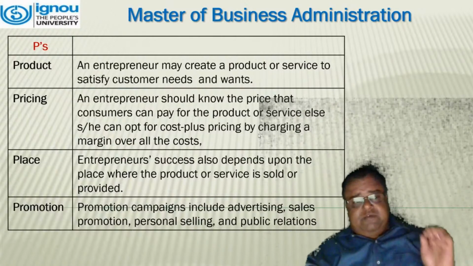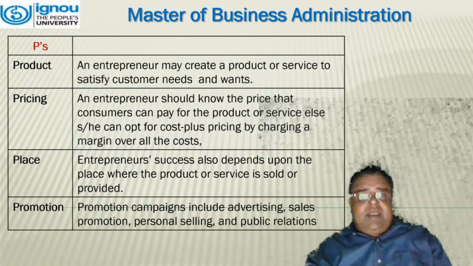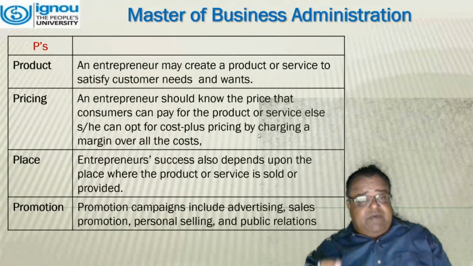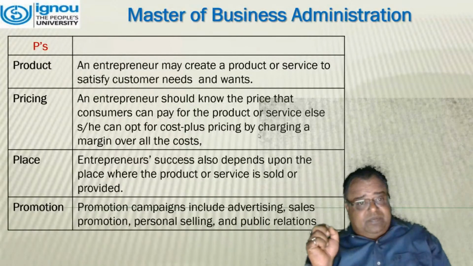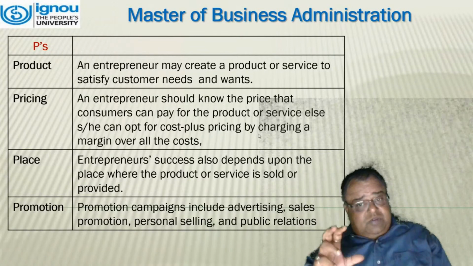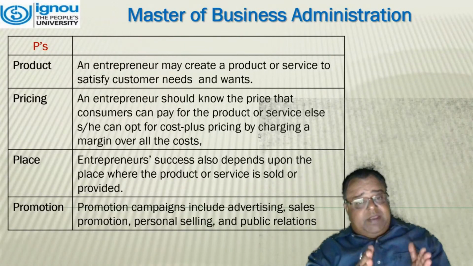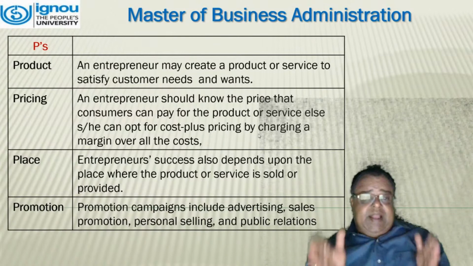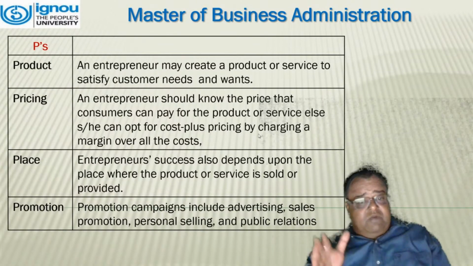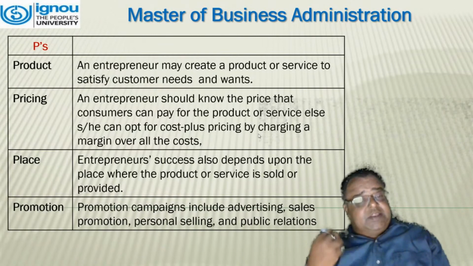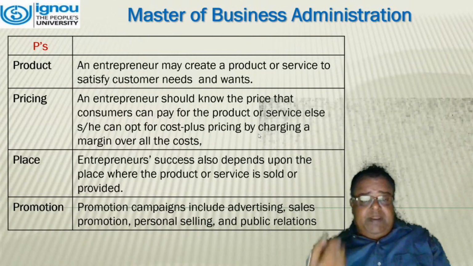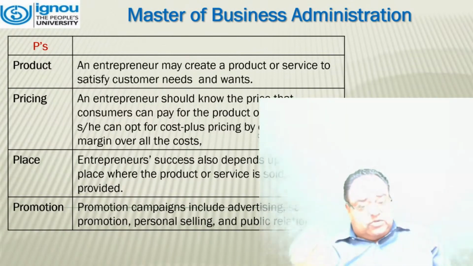If we talk in terms of product, an entrepreneur may create a product or service to satisfy customer needs and wants. Second is pricing. The entrepreneur should know the price that customers can pay for the product or service. Else, one can opt for cost-plus pricing by charging a margin over the costs. Third one is place. The entrepreneur's success also depends upon the place where the product or service is sold or